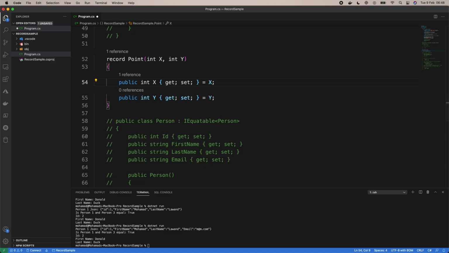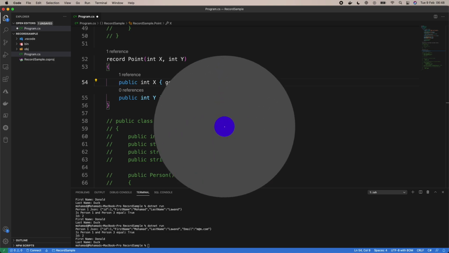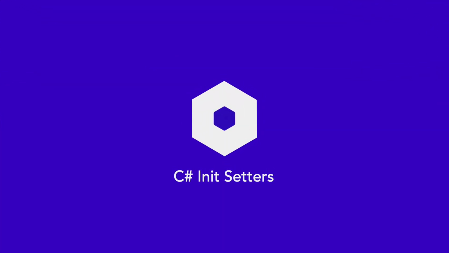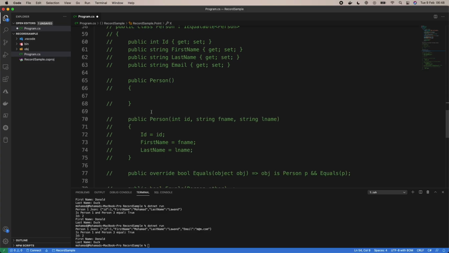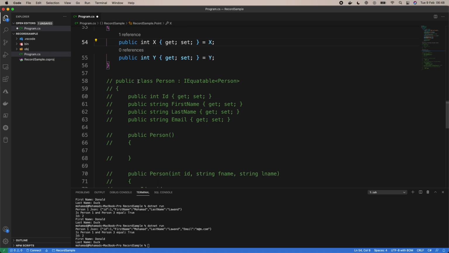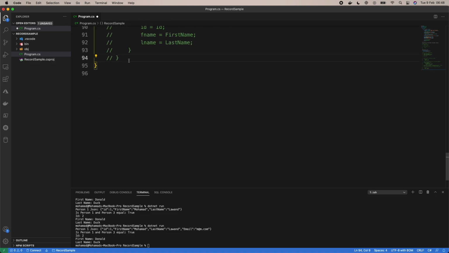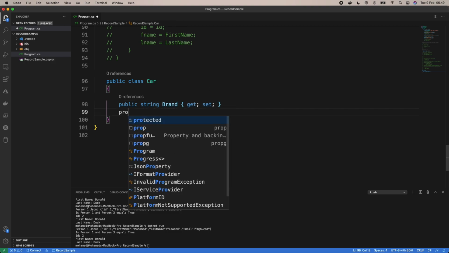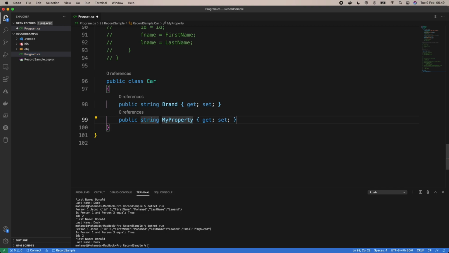So the final point that we're going to be covering today is init setters. So again, we're going back to the point of classes and initialization. So let's create a new class, and we're going to call it car. So public class car, and this class is going to have two properties. We're going to put one string, which is the brand, and we're going to put another string, which is going to be